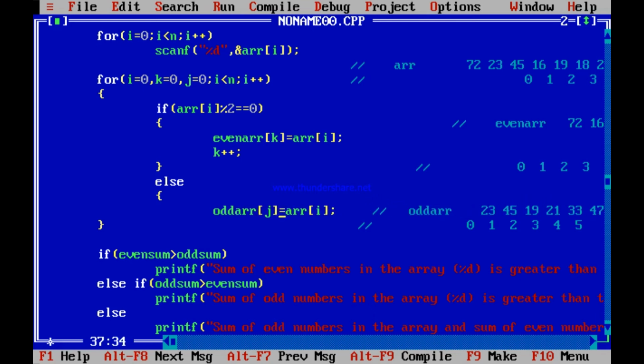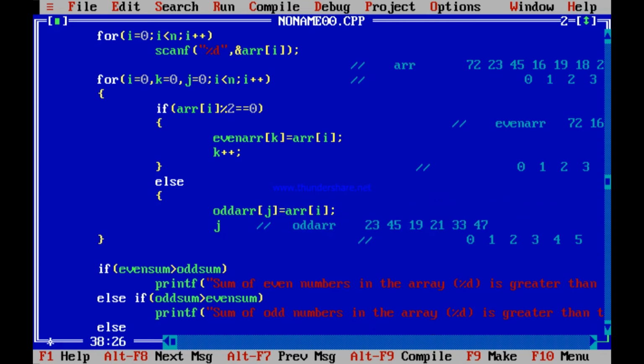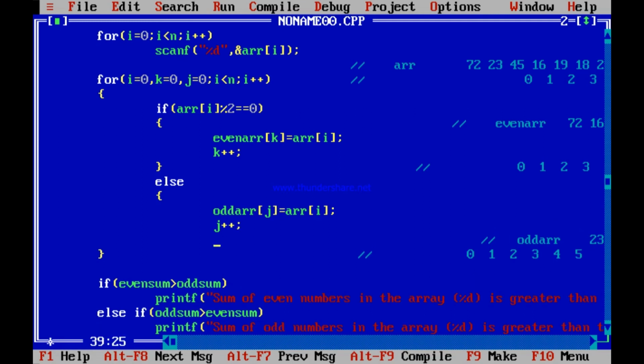And every time I copy it to the Jth position, J must be incremented also. J must be incremented also. So I think you understand this. I need a bracket here also.